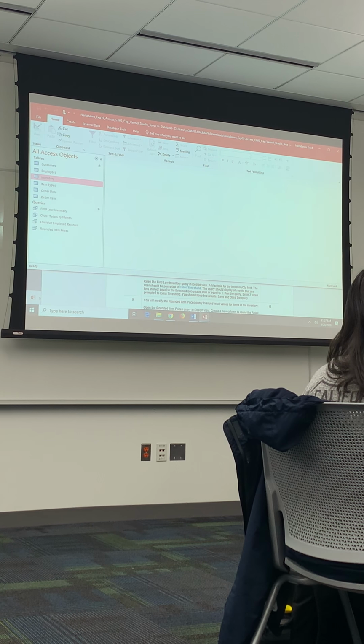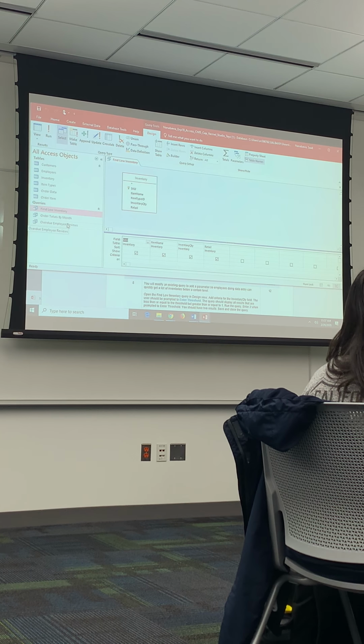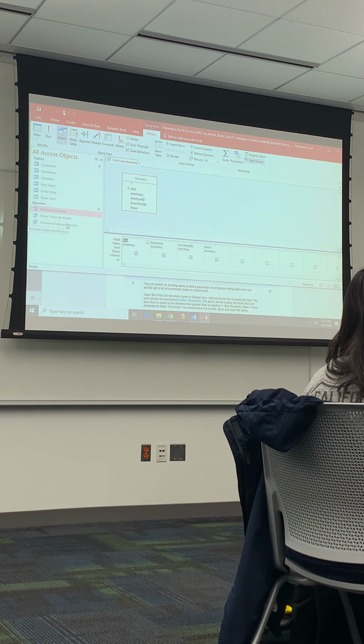Step 8, we're going to open the final inventory query in design view. It says the user should be prompted to enter a threshold. The query should display all results that are less than or equal to the threshold but greater than or equal to 1. So the criteria we're putting in for inventory quantity is between 1 and the input that the user puts. The function we're using is Between, so we're just going to type in between